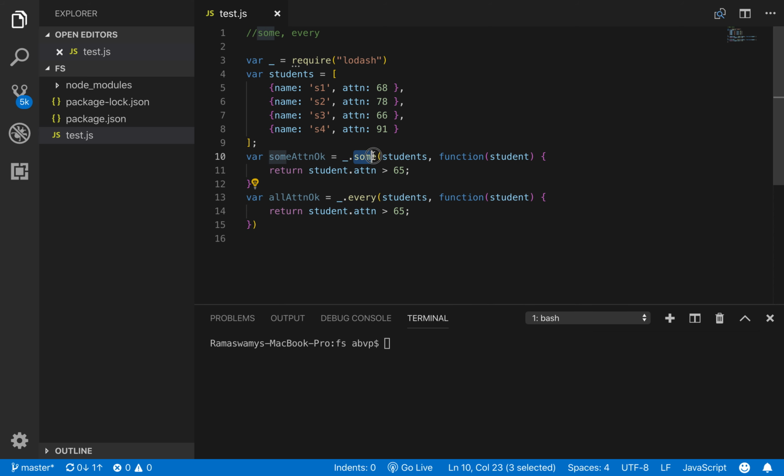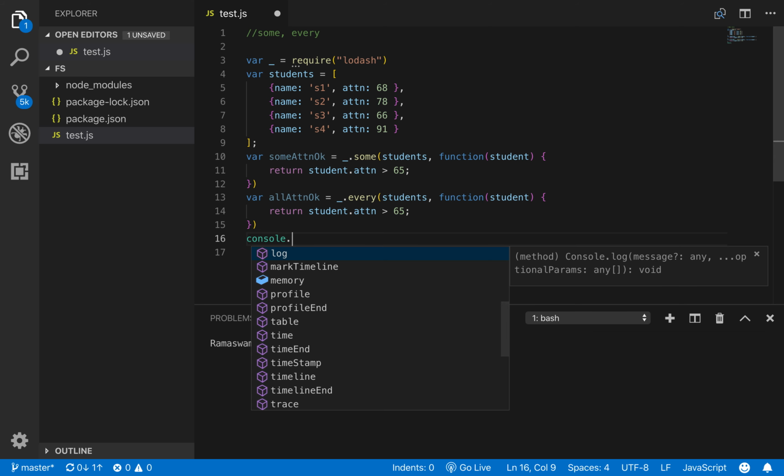So we can expect the function some to return true because at least one student has attendance greater than 65. And similarly, we can expect the function every to also return true because all the students have attendance greater than 65.